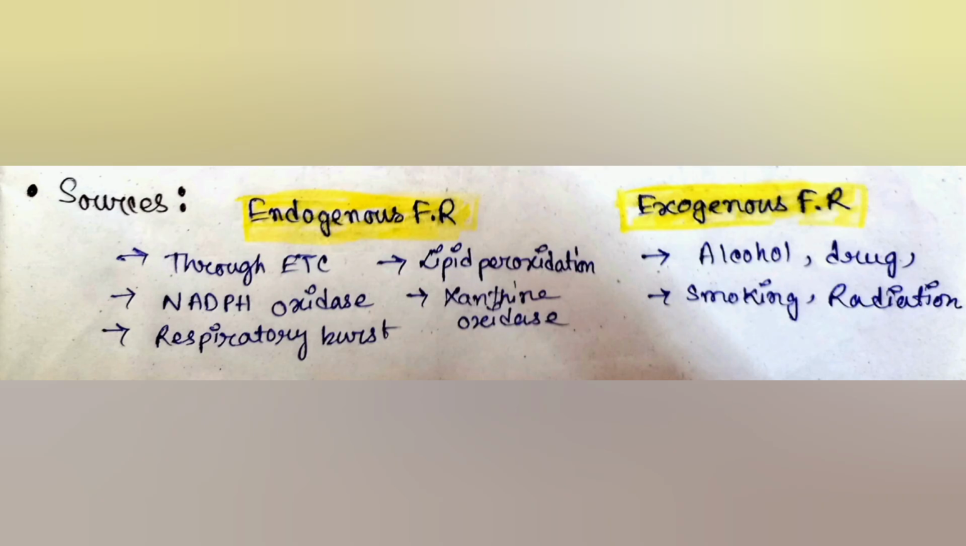and this damage may cause some degenerative diseases. Sources of free radicals are of two types: endogenous and exogenous. Endogenous free radicals are those which are formed internally in our body, and this can be through electron transport chain leakage, NADPH oxidase enzyme, respiratory burst, lipid peroxidation, which is mainly discussed in this video, and xanthine oxidase enzyme. And exogenous free radicals mainly include alcohol, drugs, smoking, and radiation. Those are mainly external factors